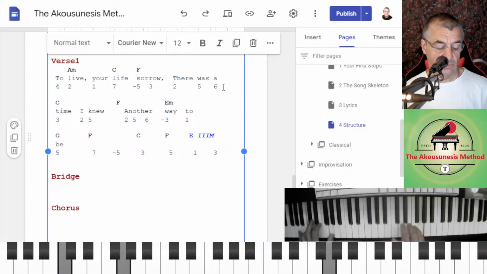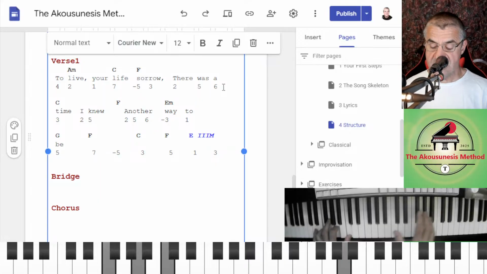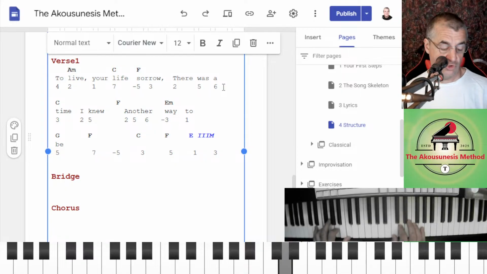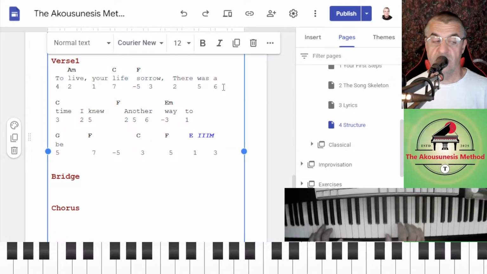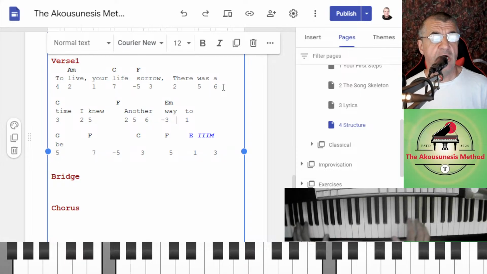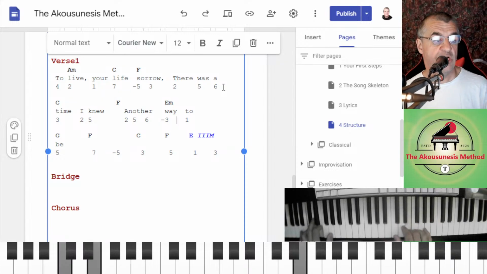Time I knew another. I like that. Another way. No. So that's working with my voice now. I knew. Because I can stay on the same note too, which is nice. Way. Time I knew.